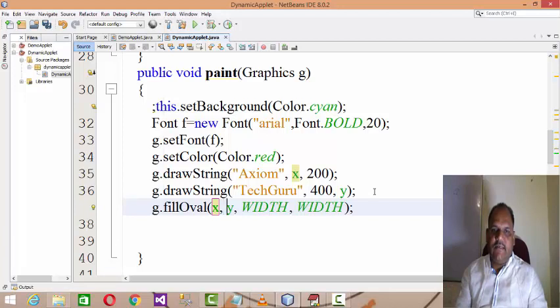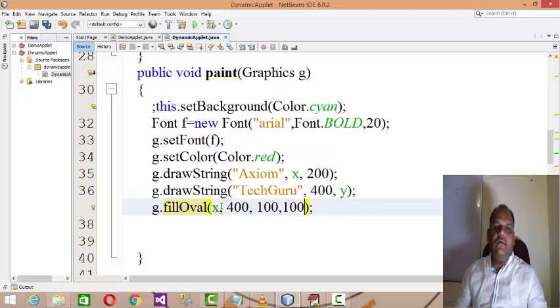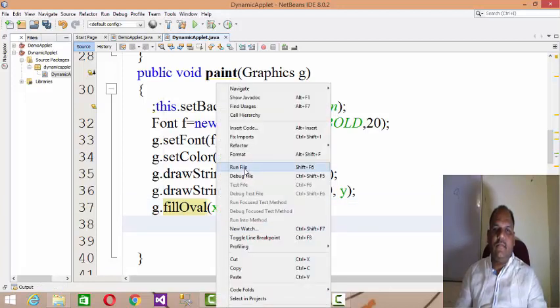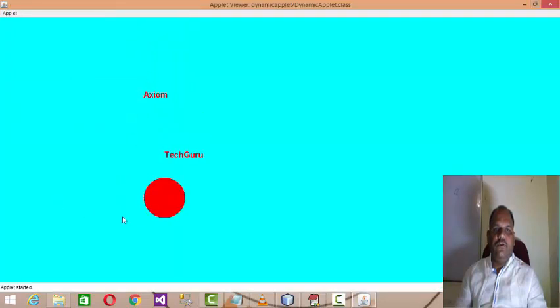Let's say x varies and you fix y to be 400 with a width of 100. Okay, and try this. A ball will move from a fixed position along the x-axis.